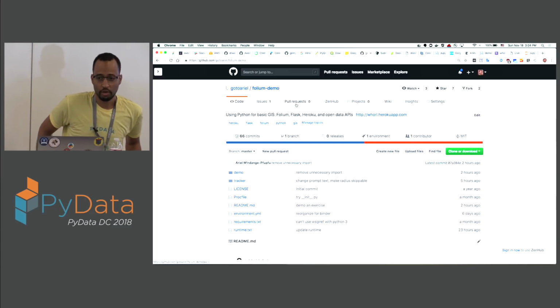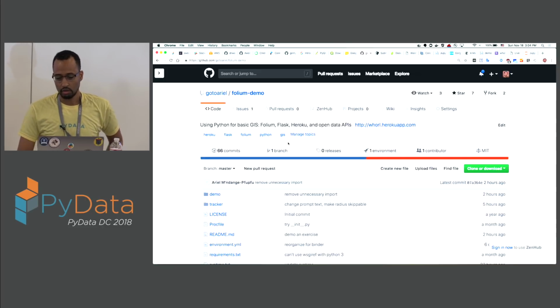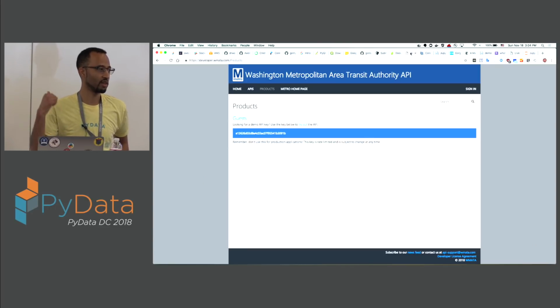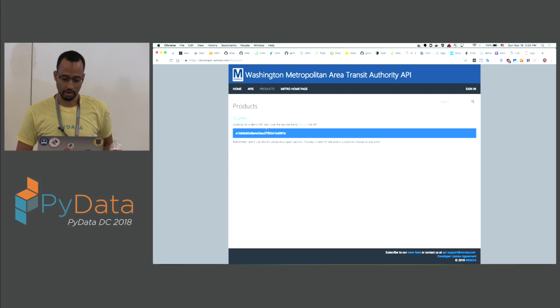There are a couple things you won't be able to do until you get an API key, but for WMATA, they have a guest API key. So if you just want to play around with this tonight, you can just go copy this from their website and hit their API with it. It's obviously going to rate limit you if you try too hard, but